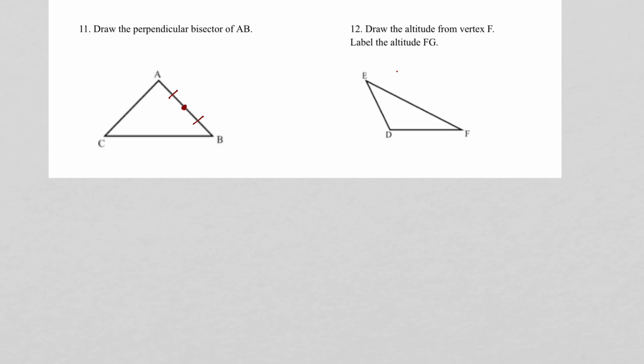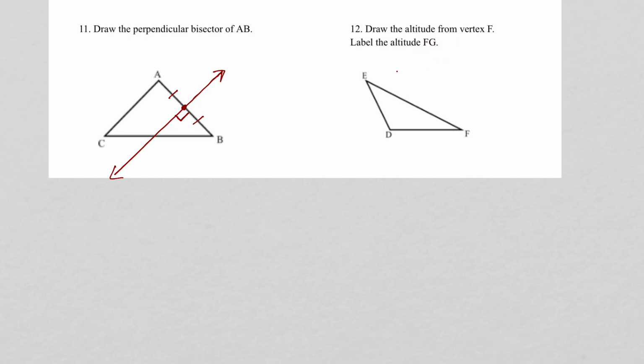So I'm going to grab a ruler, and I'm going to make this at a right angle, like this. And you need to put arrows on either side of this, and you need to show that this is a right angle. So you do need your arrows on either side, and you need to show that it's a right angle. Okay, now for this, the altitude